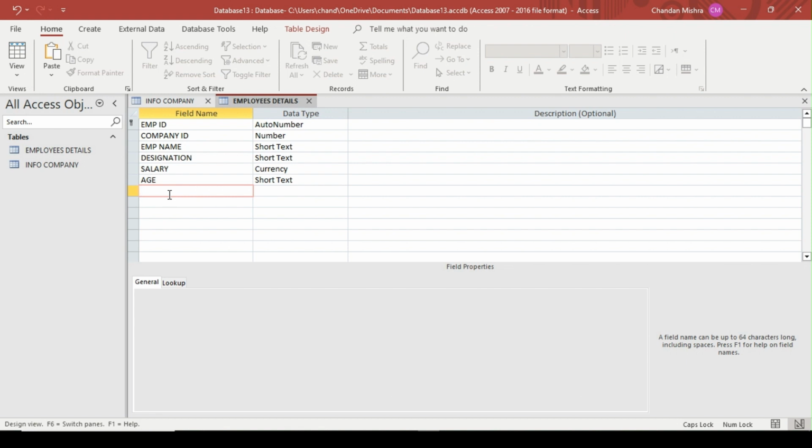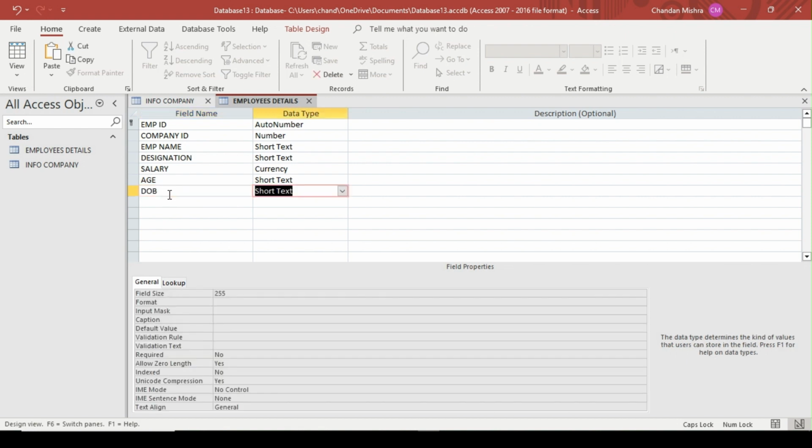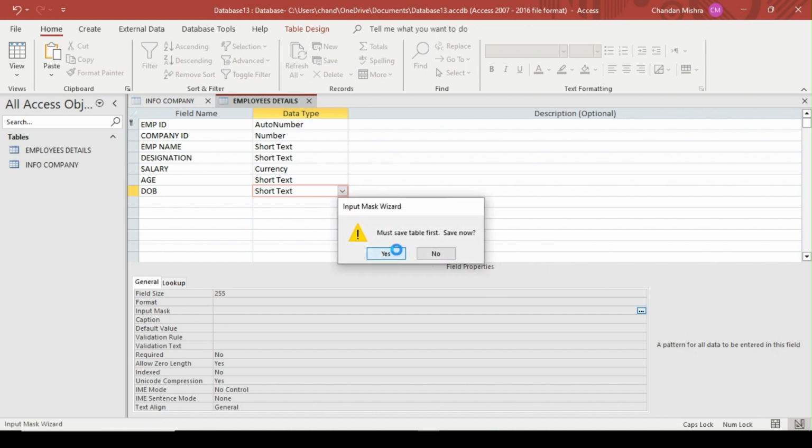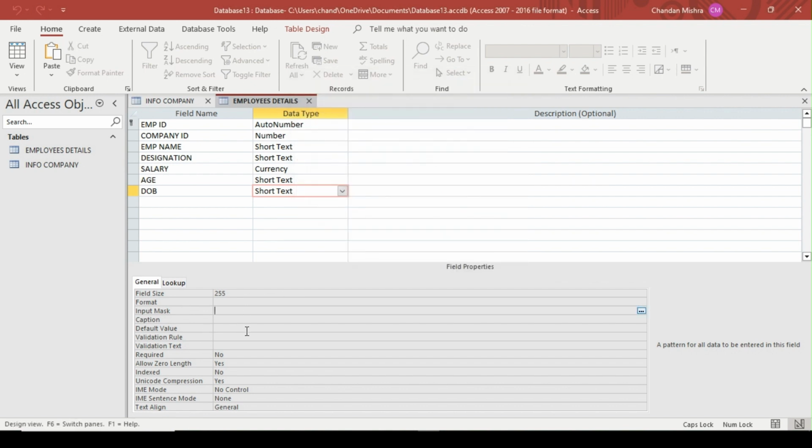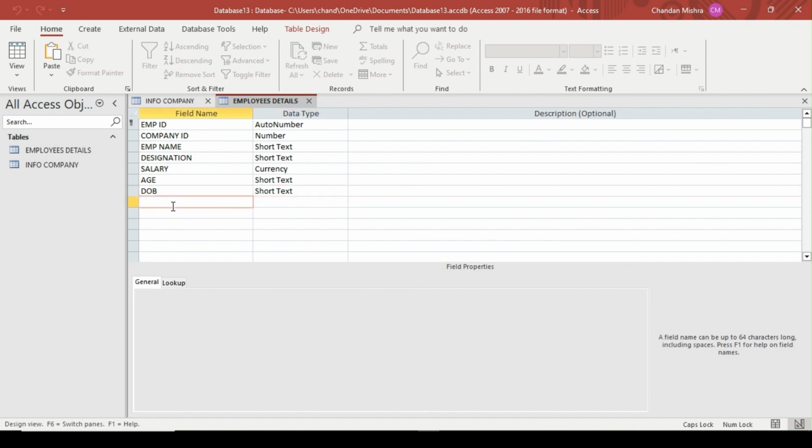Now I am going to date of birth. In this text field you can format input masks. So simply you can also select a desired option. You can see here is an option, you can select a desired option, suppose date and all things, but I will cancel it and just type this type of input mask. Now I press Control S, and again I type